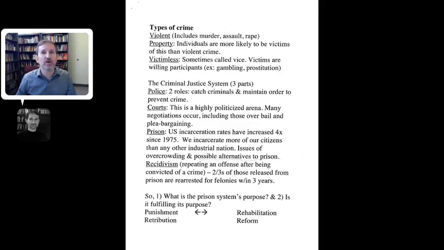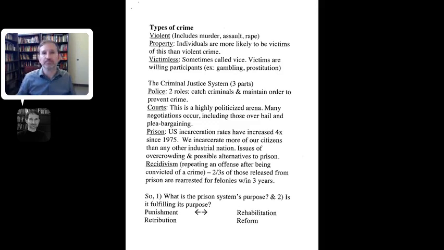Some people argue that our prisons are the new asylums for people with mental health problems. Is that an appropriate place for somebody who's mentally ill to be? What percentage of prisoners have mental illness, and should there be another way of addressing this? But California, for example, spends more money on prisons than on education. And that raises some real questions about what works and what should we fund versus what do people think we